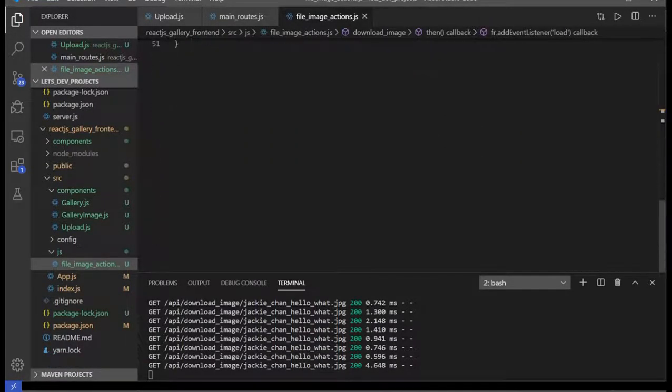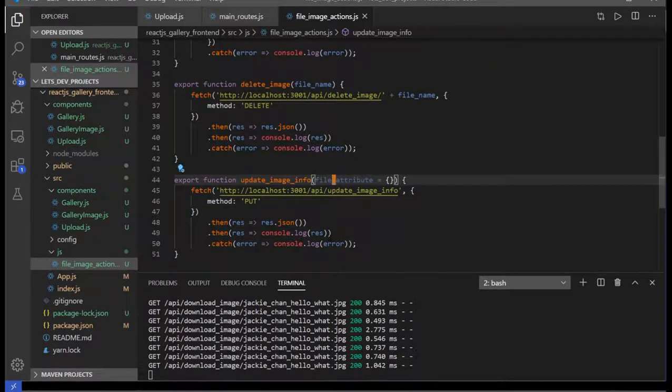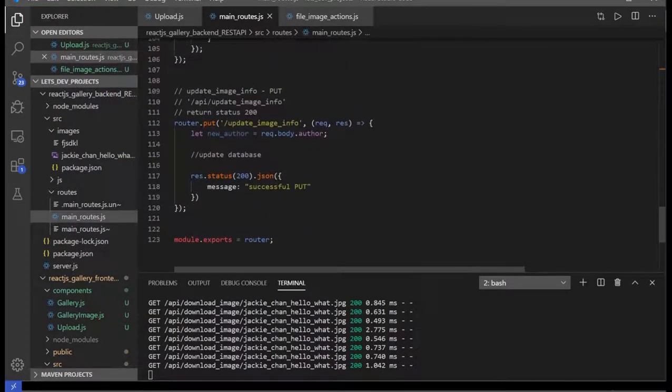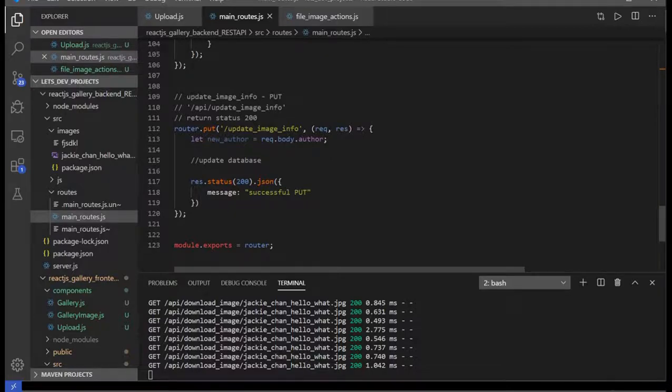Update image info down here. So we're going to need to change this update image info route. We're going to need the file name they want to change, and then the author they want to change. So let's go back to the back end here and the upload image route. We need to change this guy here. All right, so we need the first URI's update image info, and then we need the file name, and then we're going to need the author they want to update the